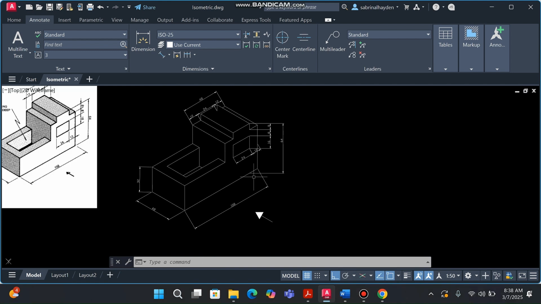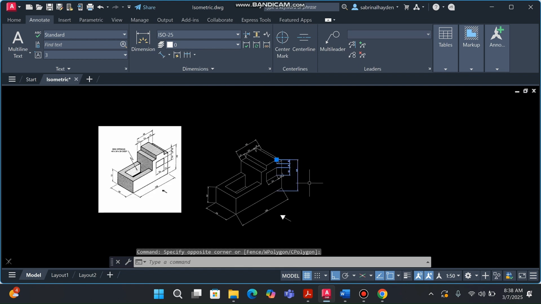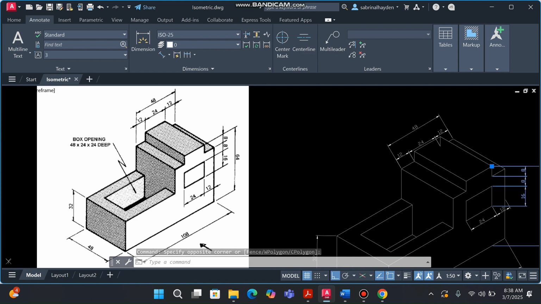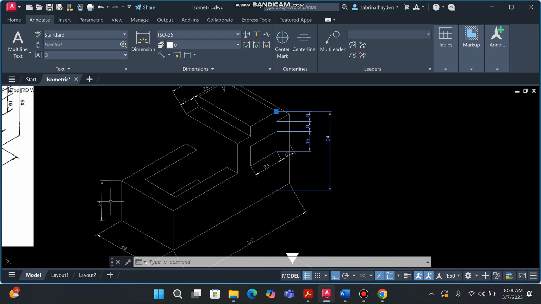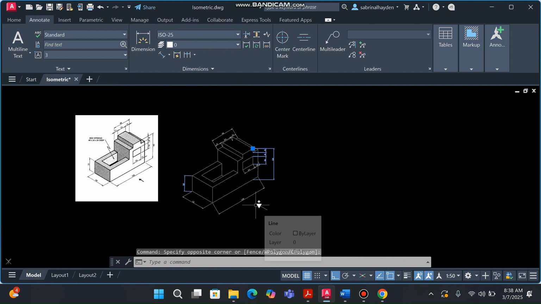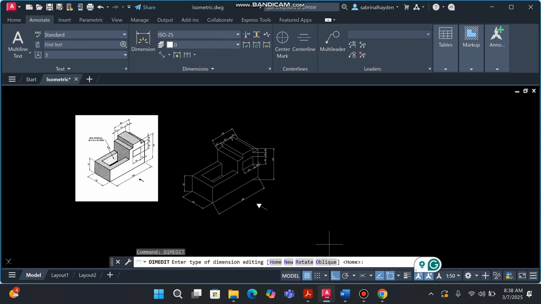Alright, so now we have all our measurements, all our dimensions on our drawing. So we need to set them in the correct angle. Now, we're going to highlight these ones over here on the right side. And we realize that they're going in the same direction. So we're going to highlight all of them. We could also highlight this one over here because it is also at a 30-degree angle, and we're going to type dim edit